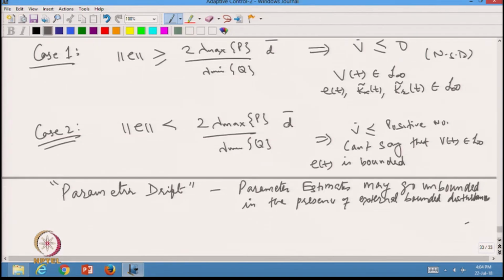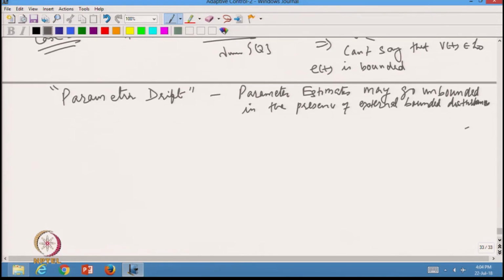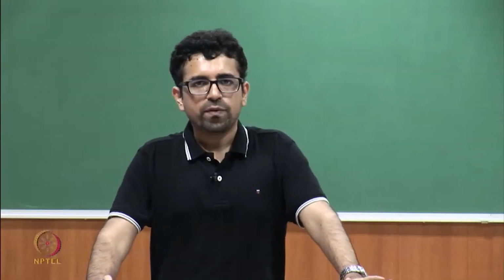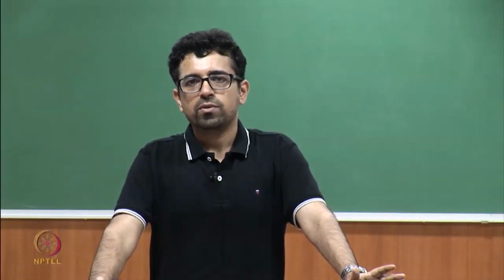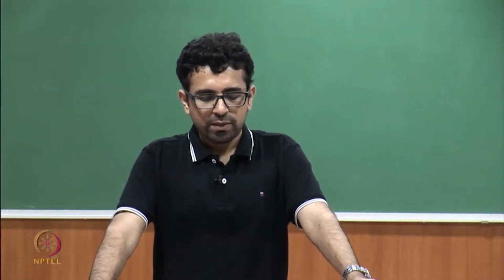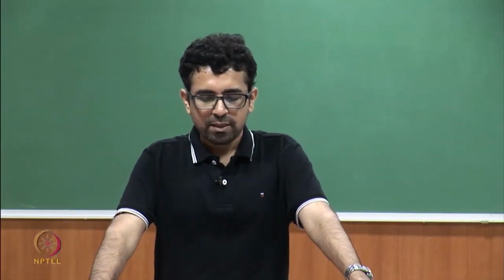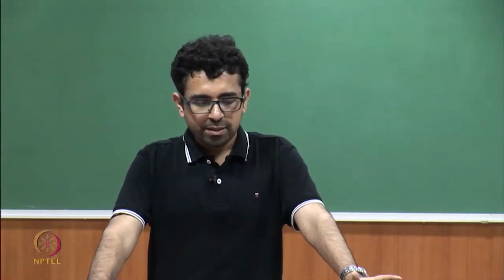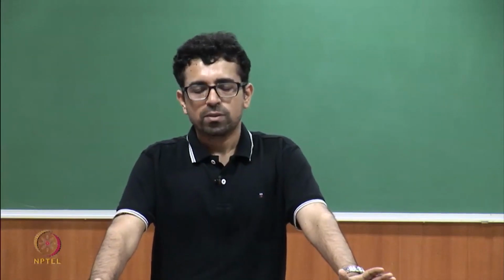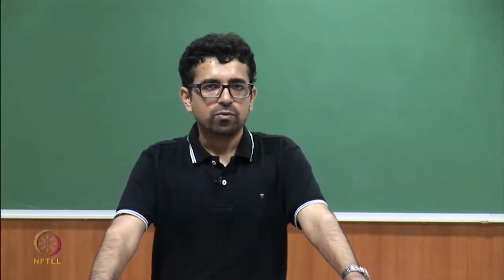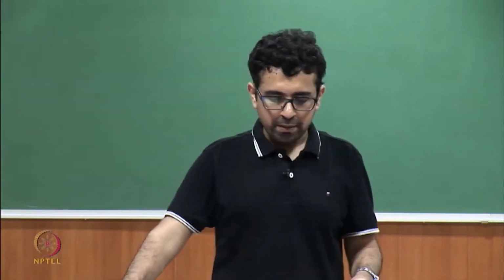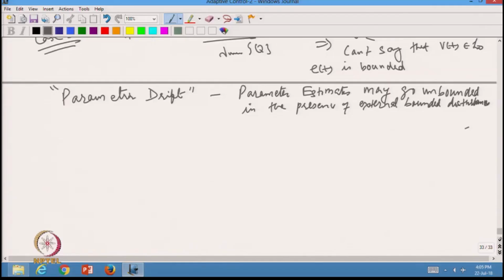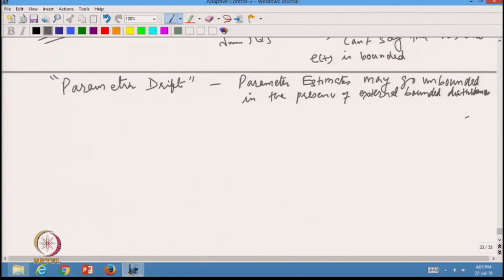So, this phenomenon came to light many years ago when a NASA flight crashed, and there were lots of investigations into the reasons why that could have happened. And one of the things that came out of that investigation was that if the model is not perfect and there are some unmodeled dynamics or some external disturbances, that can lead to certain parameters going unbounded and can lead to a catastrophe, which is what happened. So, this is a very important case in adaptive control. We need to be able to ensure that the adaptive controllers are robust. Okay. So, this MRAC that we have designed is of course not robust